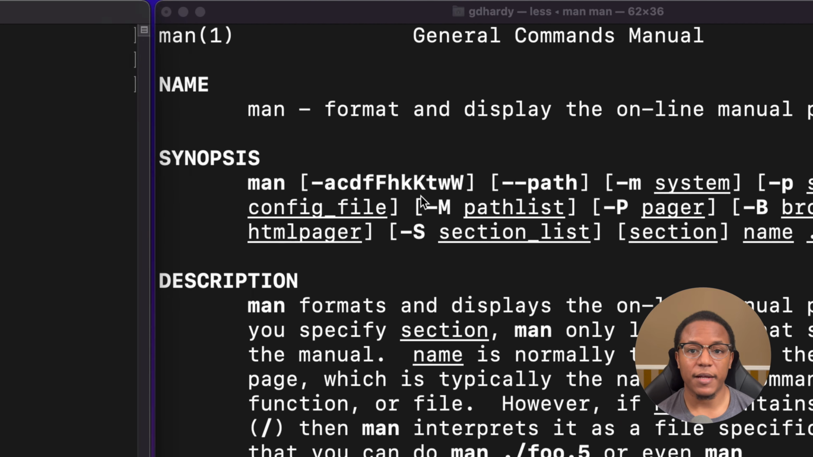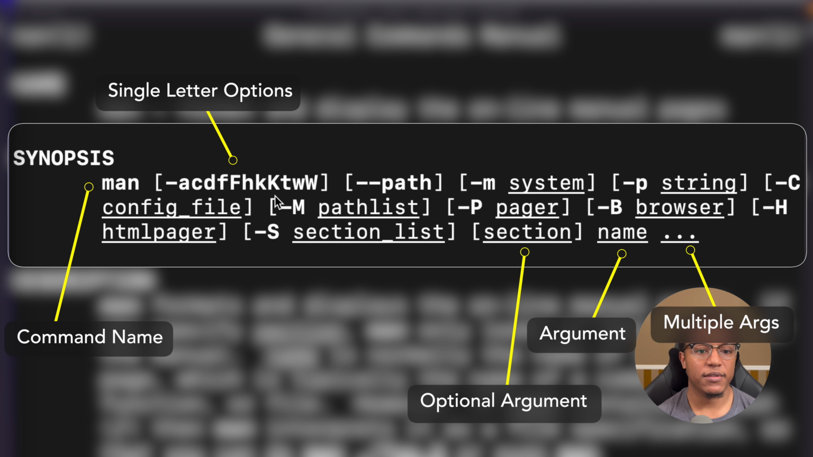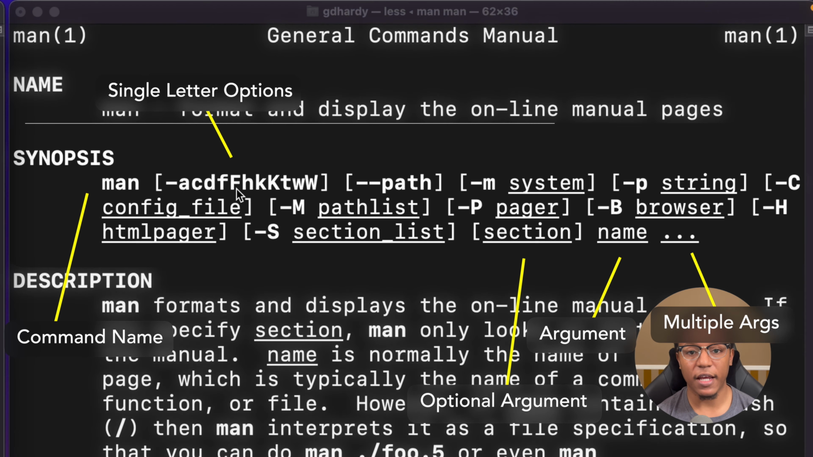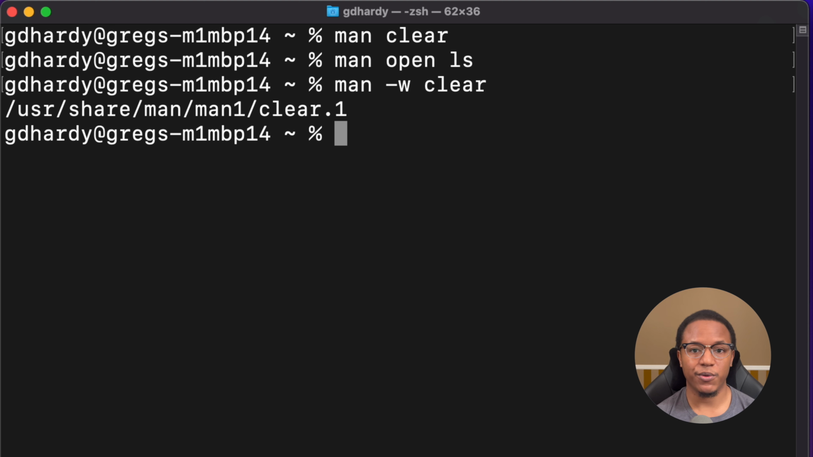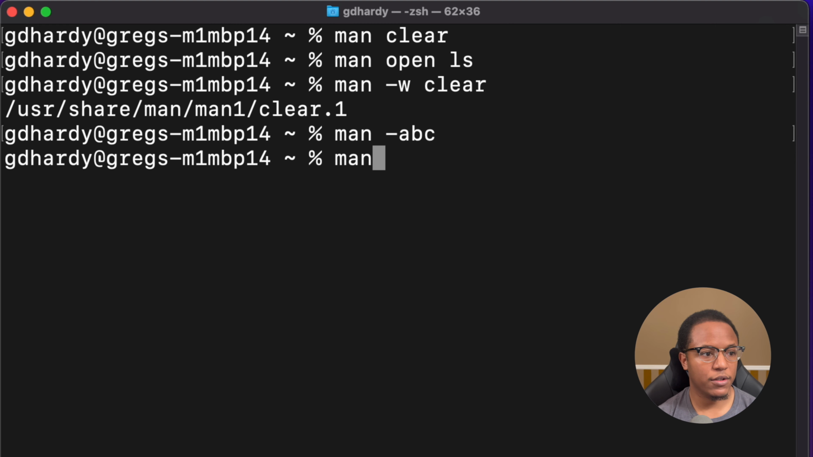There are three kinds of options. The first are single letter options. In this first set of square brackets, we can see them here. Single letter just means that A, C, D, and F are all separate options, and we know that because they appear with a single hyphen out in front. In addition to this, they are case sensitive, so lowercase f is different from the capital F option. Single letter options can be written together or separately, and all that means is that if I type man -abc, then that would be functionally equivalent to